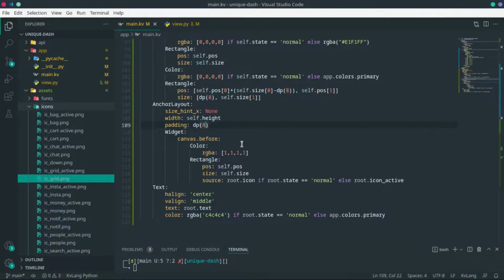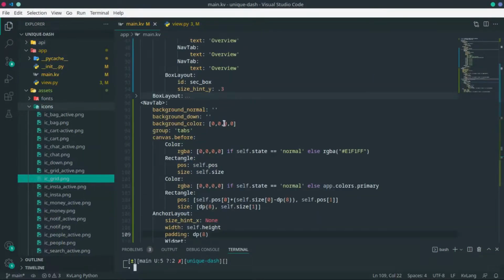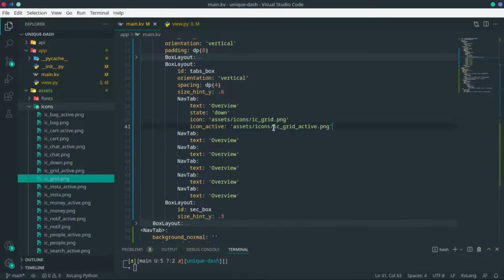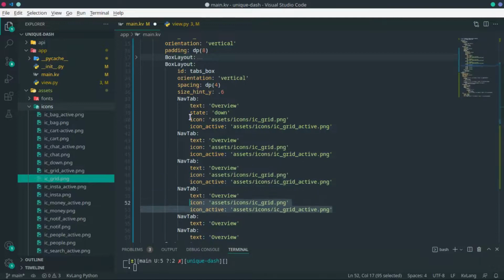So now what we need to do is see if this will change if this is not normal. So let's just move to here, and as you can see, the color has changed to this black. If you go back, it changes to blue. Alright, looking good so far. So the next thing we're going to do is just add these to the rest of them. So let's go ahead and do just that. Let's just copy this to the rest of the guys